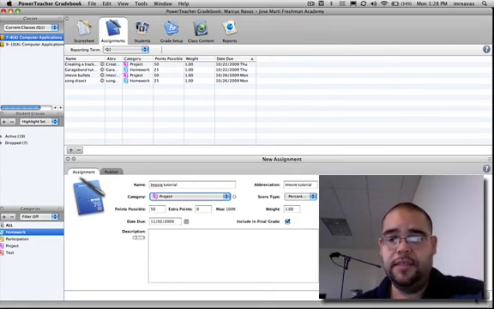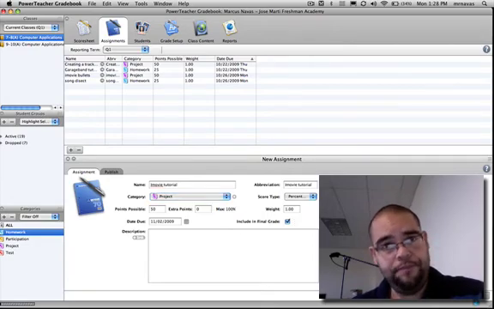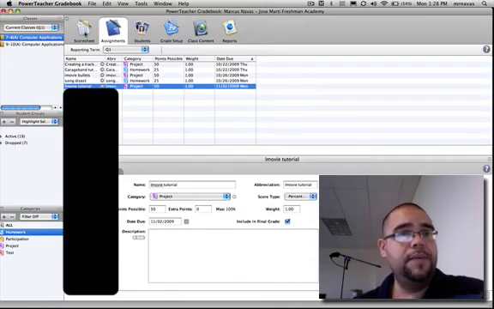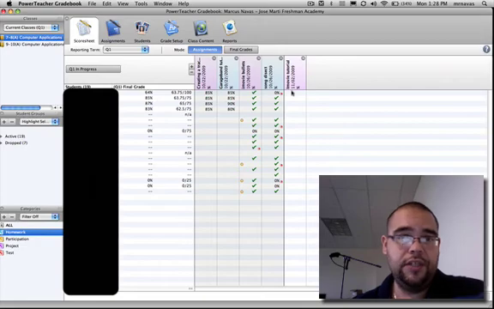I added this. This is good. I'm going to add this new assignment. Okay, I'm going to save it down here, and as you can see, it's been added. If I go to score sheet, there's a new